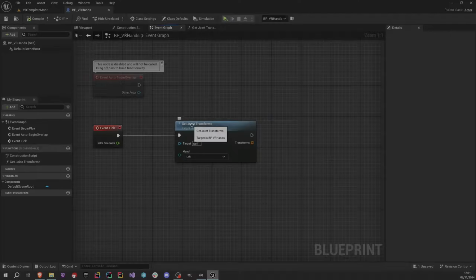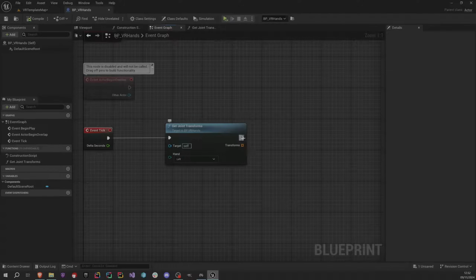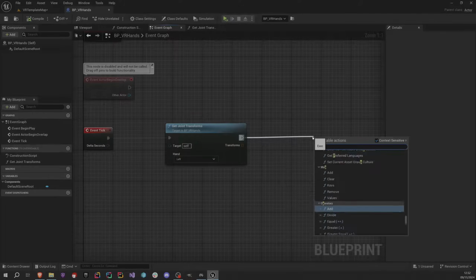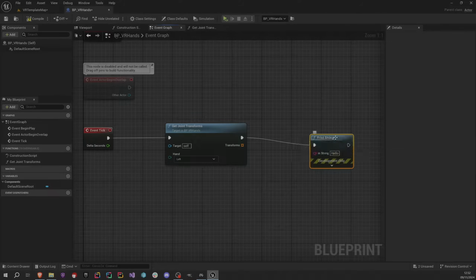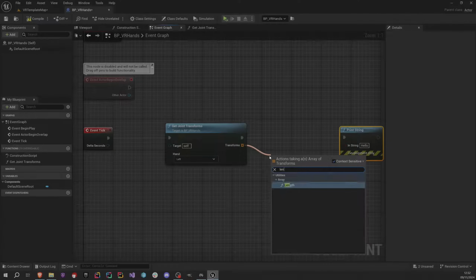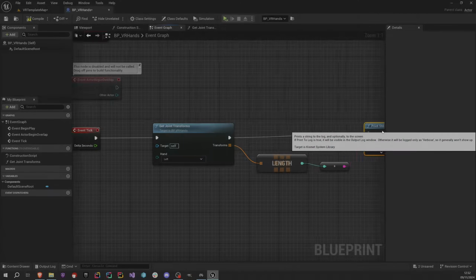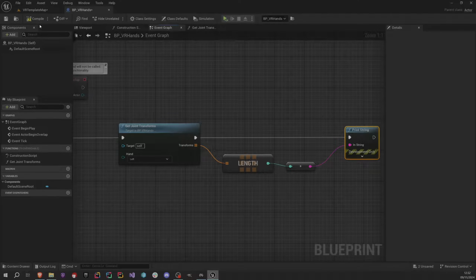As you remember, inside event tick, we were going to call the get joint transforms. I'm going to add another print here, and for the transform I'm going to receive, I'm going to get the length, and if it shows 26 whenever I move my hands, we did everything probably correctly. So let me put on my headset again, and